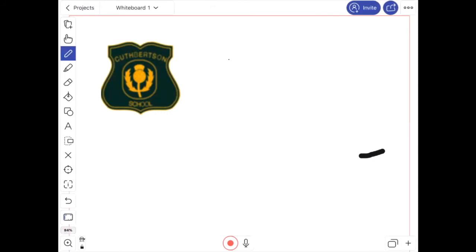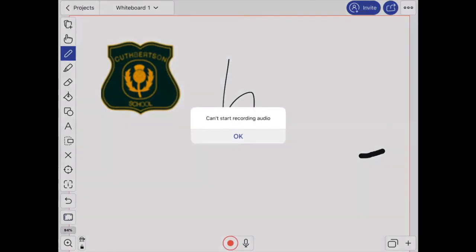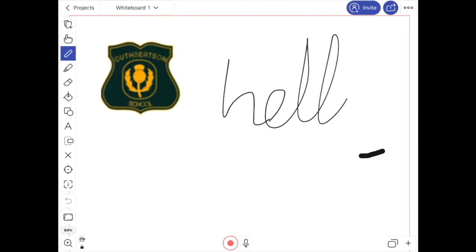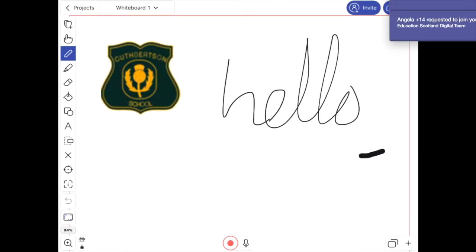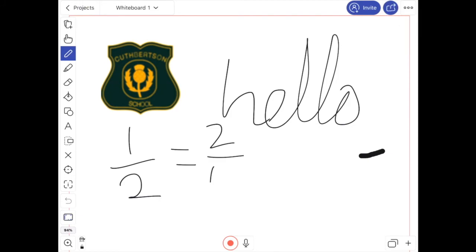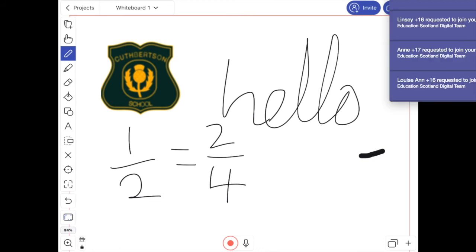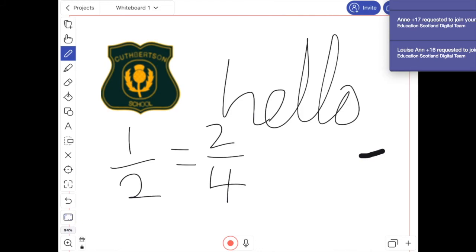As I'm sharing my screen, it won't actually allow me to record on this one, but you can press the record button and then you can use this to do any sort of maths things that you might want to do, or any explanations of different processes that you want to do. Even from the early stages, I've used this before in a primary 2 class,